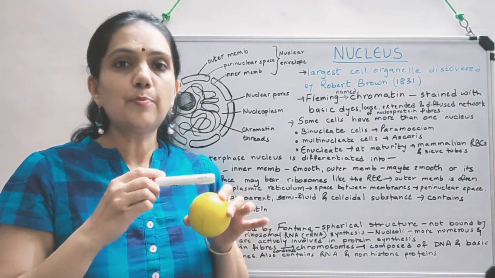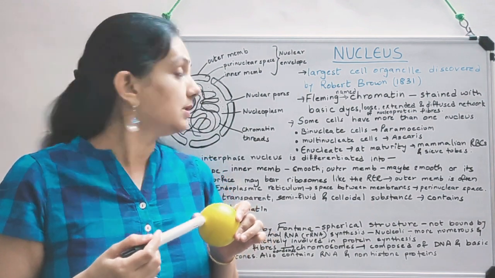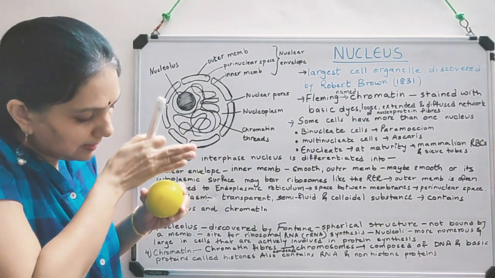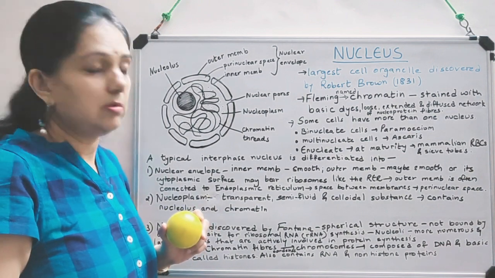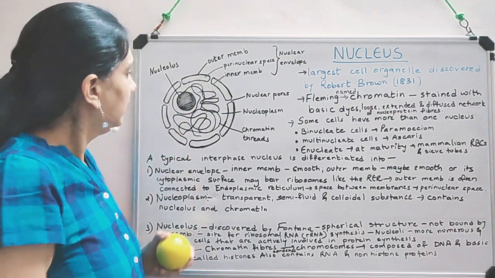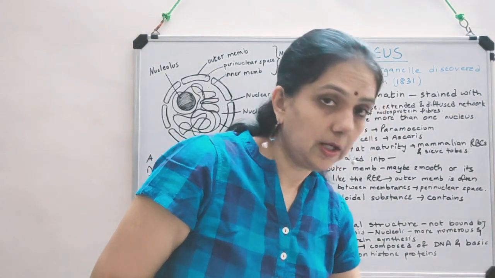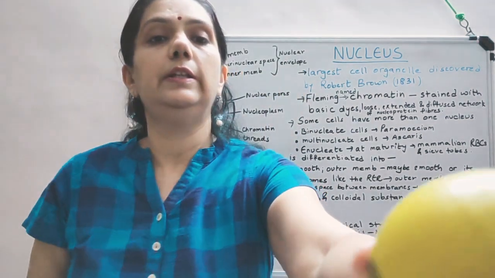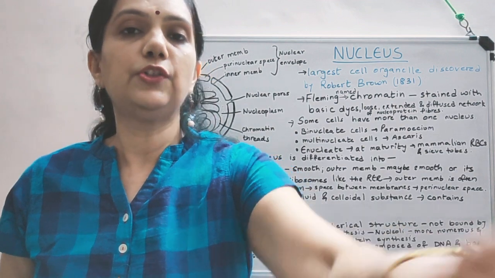Now why are pores needed? So that there is exchange of substances. So the pores in section, they will look like this. If I cut it like this, a straight slice, this would be the diagram. So now I come back to this, I put this ball away and we take up nucleus. Now you know nucleus is the controller or the director of the cell. So it is a very important structure.